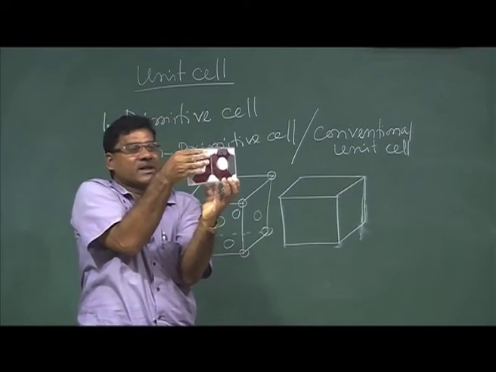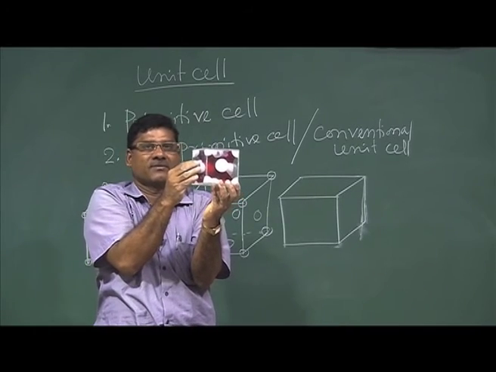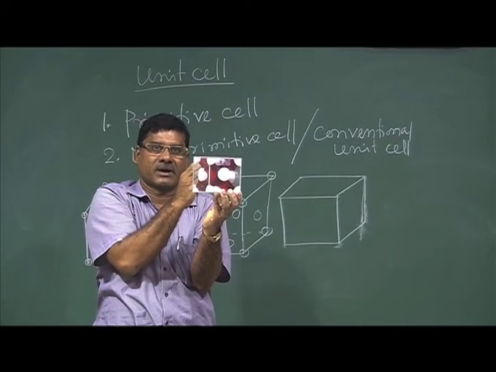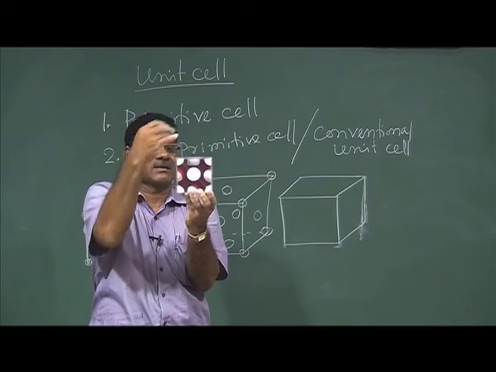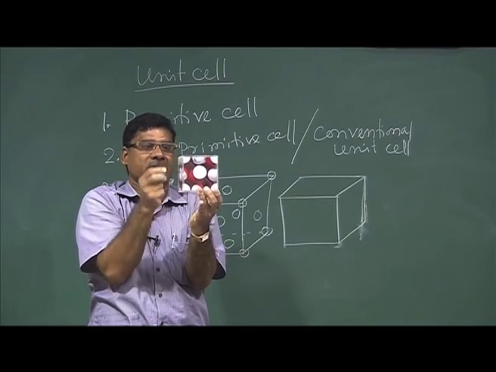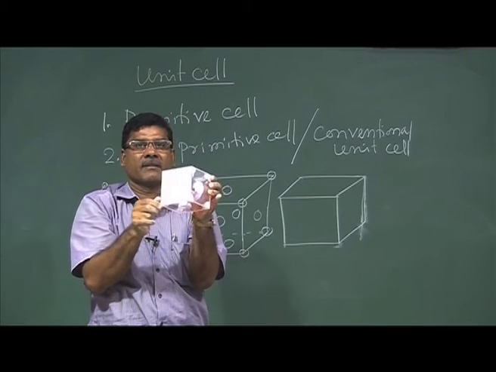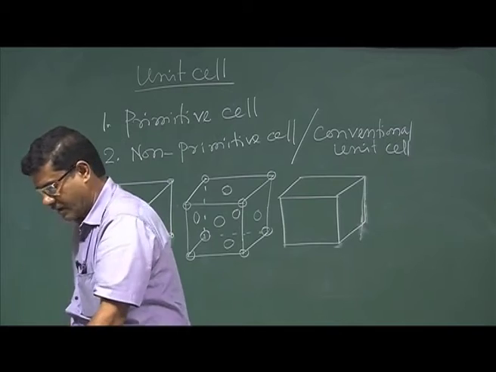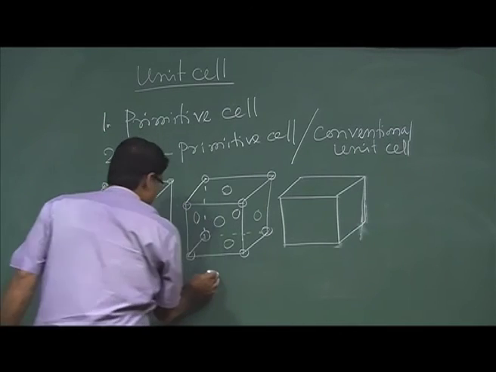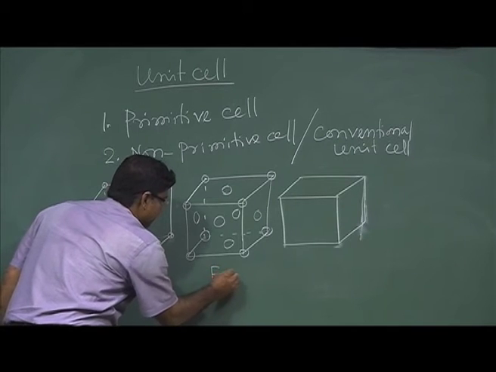So it is half per face per unit cell. You have 6 faces, so that gives 3, and the 8 corners again give 1. So the total is 4 lattice points per unit cell for FCC,